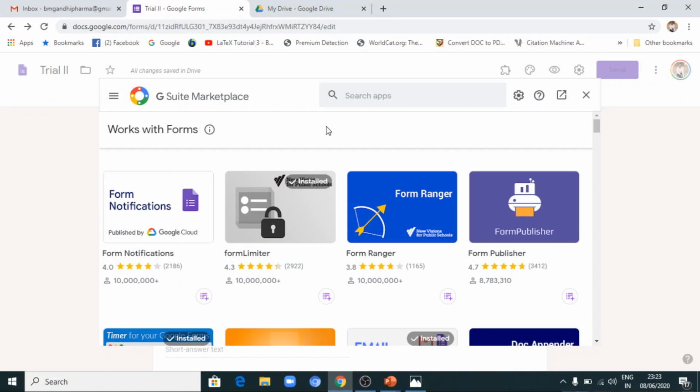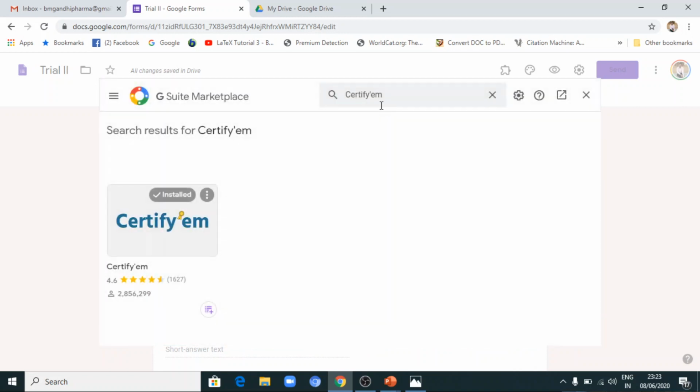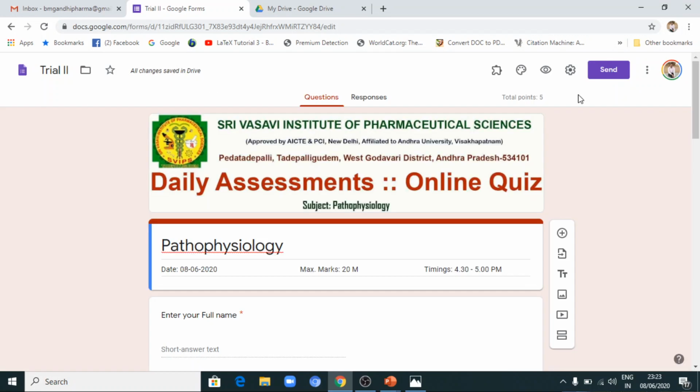If you go to add-ons, you will have plenty of options there, where you can search for Certify-M. This is the app. This was already installed. If it is not installed, it will prompt you to install. Once it is installed, go to the add-ons button, then simply click on Certify-M.